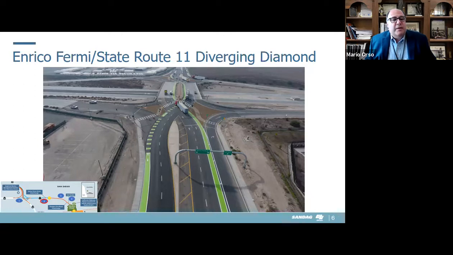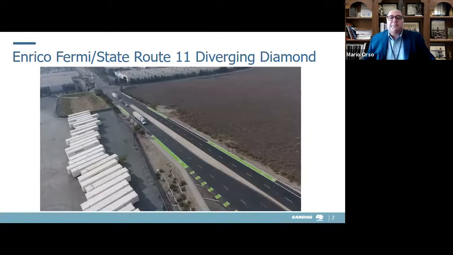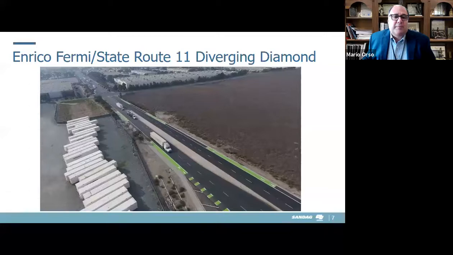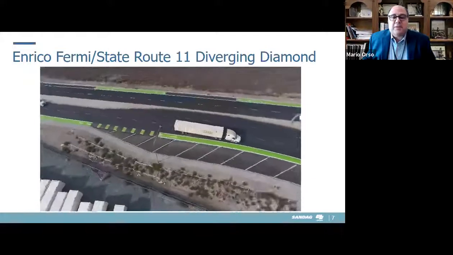So we did this new interchange that we had mentioned before, a diverging diamond, where we move traffic from one side to the other. This is the finished product. It's functioning great. It's giving us more than 50% efficiency, and it's allowing the border traffic, the freight border traffic, to move accordingly and not become the bottleneck at the border location. Let's keep going. This is a small video just showing you how it functions. The last portion that we did was the striping for the bike lanes. And we've been keeping a close eye now that some major work areas like the Amazon centers and other distribution